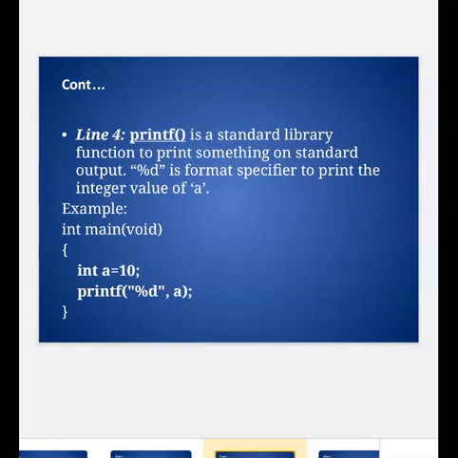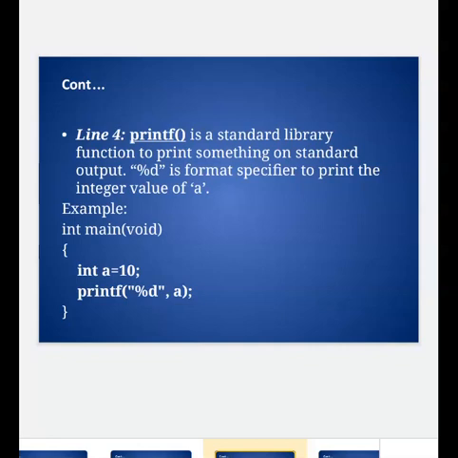Void means this main function does not take any parameters. Sometimes a function takes parameters, but here it is not taking any parameters, so it is given as void. Next, int a = 10 and the printf function with the format specifier and the integer variable a.